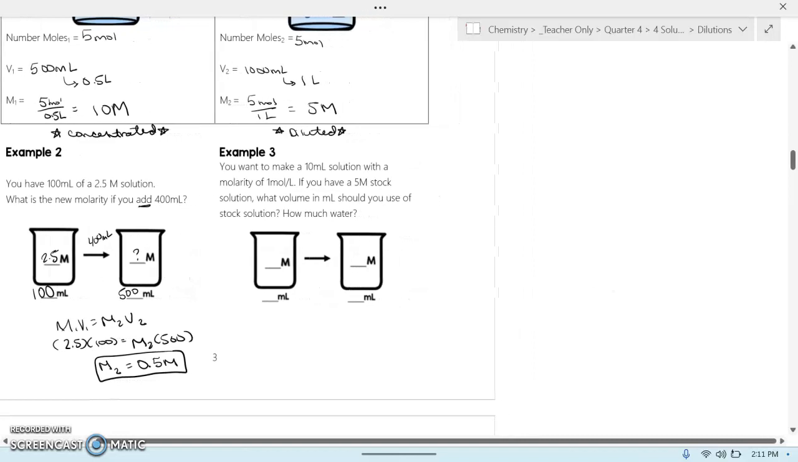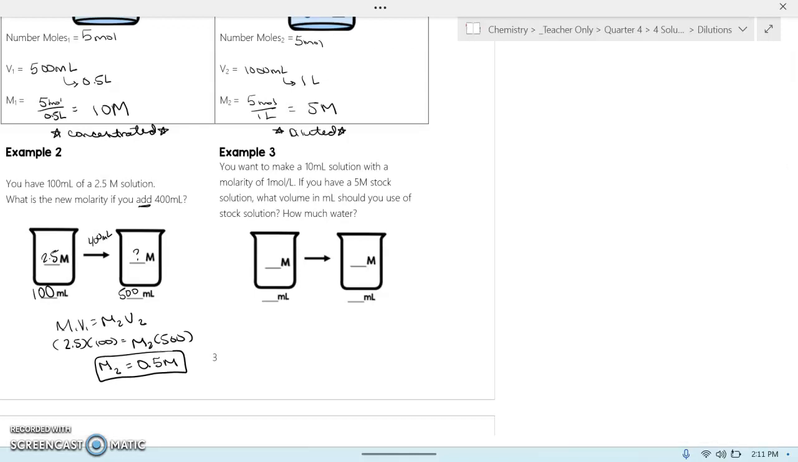Example 3. You want to make a 10 milliliter solution with a molarity of 1 mole per liter. That would be our final. So this should be 10 and 1 molar. If you have a 5 molar stock solution, what volume should you use and how much water should you add? So this time we're going to solve for volume 1. M1V1 equals M2V2. So we have a 5 molar stock solution. We don't know how much volume of that we need to use, but we know our final molarity needs to be 1 and our volume needs to be 10 milliliters. So if we solve for V1, we're going to get 2